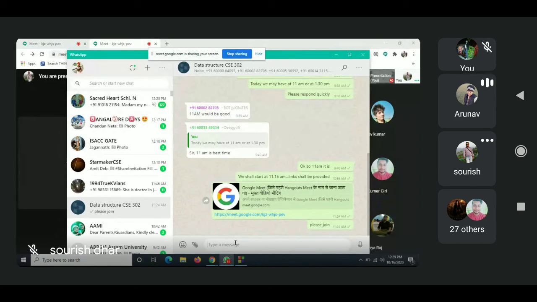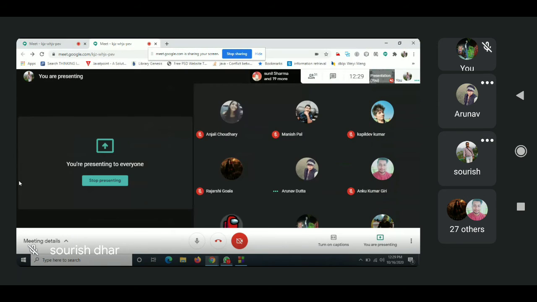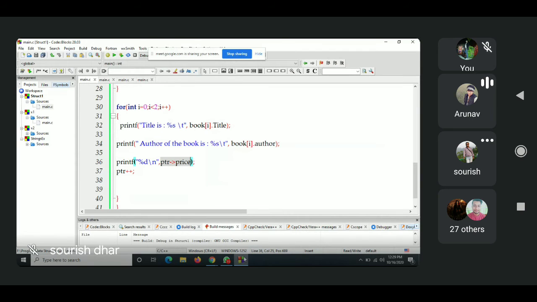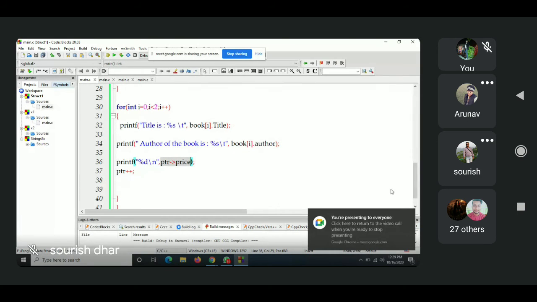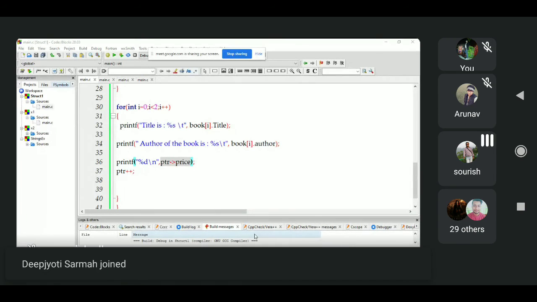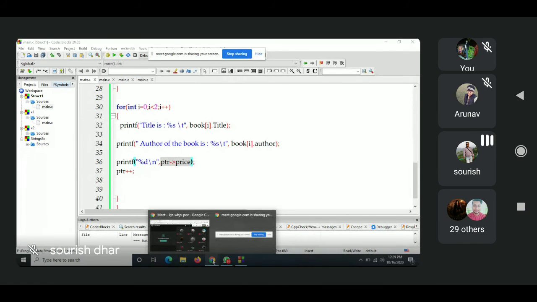Sir, I have a doubt. Ask. Sir, is it necessary to define the structure before the main function? What was the logic? You tell me the logic. What was the formula of creating or declaring something? I have told you earlier.